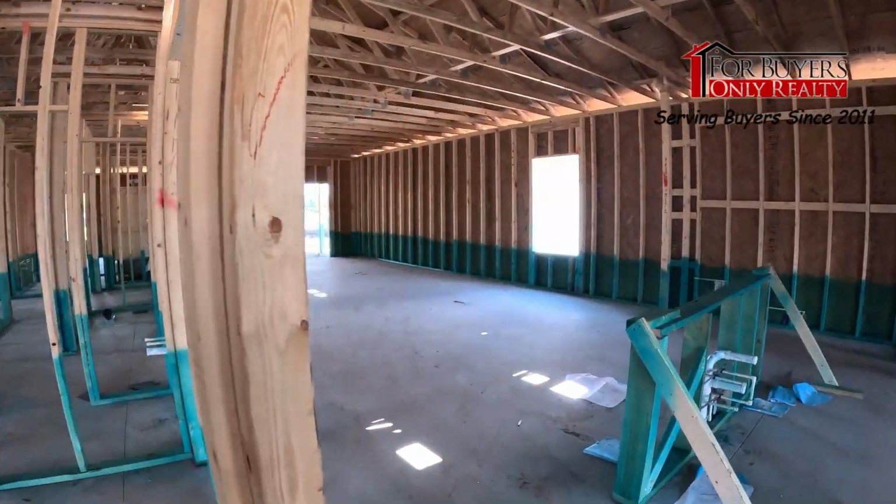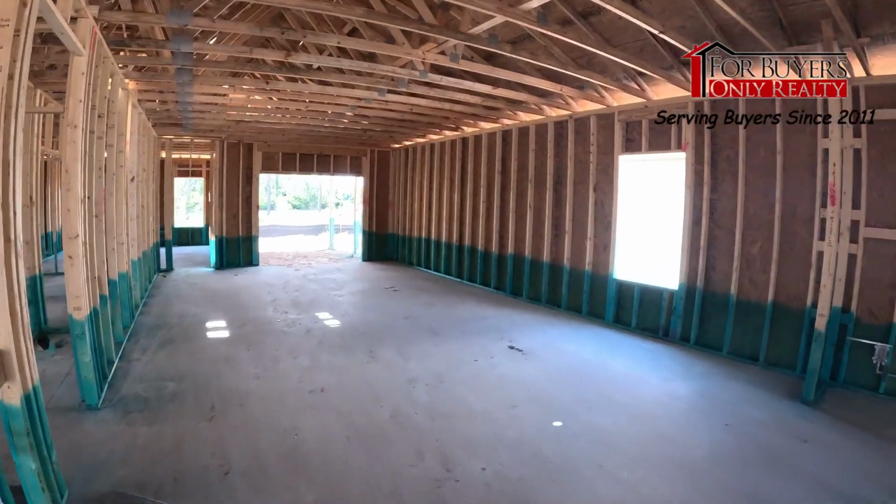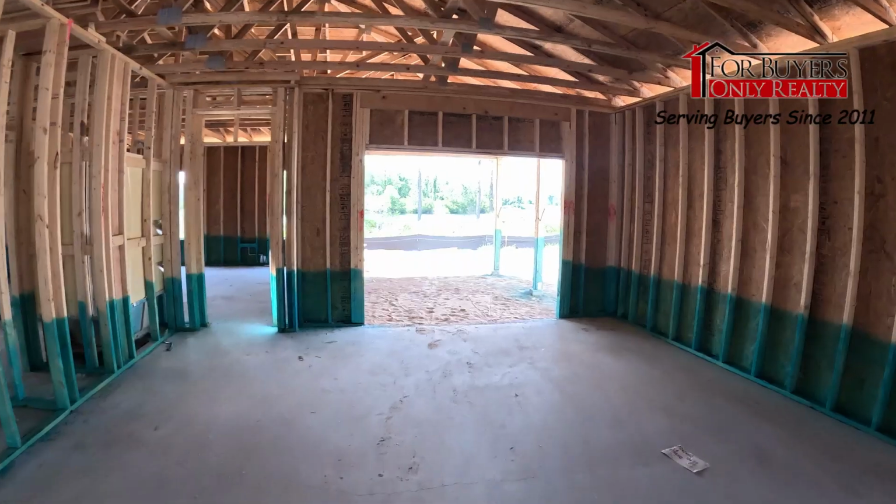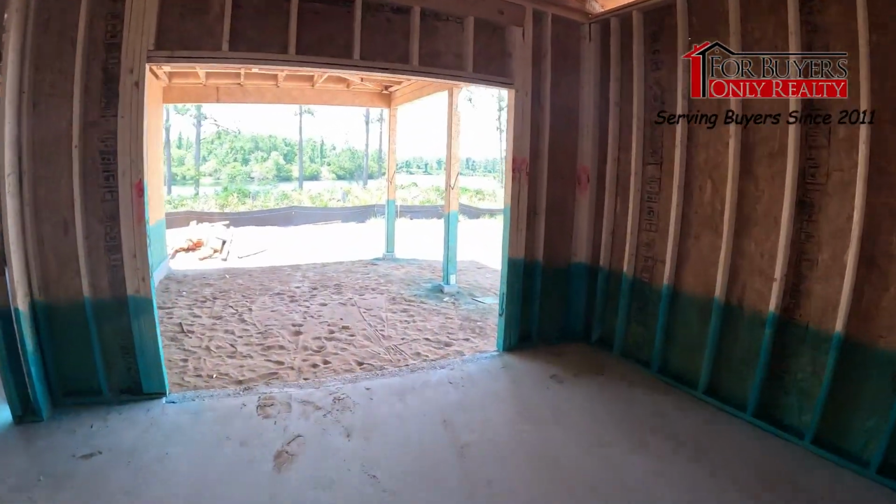So on a side note, as I walk through, that green that you see, that's all the termite protection that the builders are required to put in the homes. The reason it's green is because they put dye in it so the county knows they did it. So anyway, let's